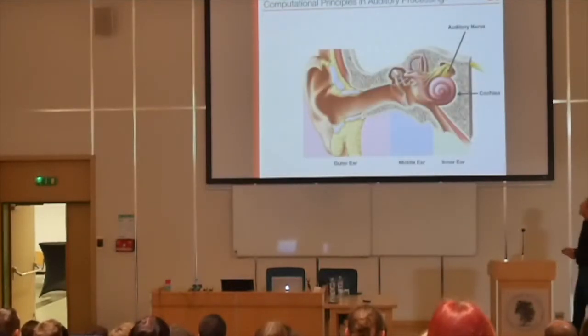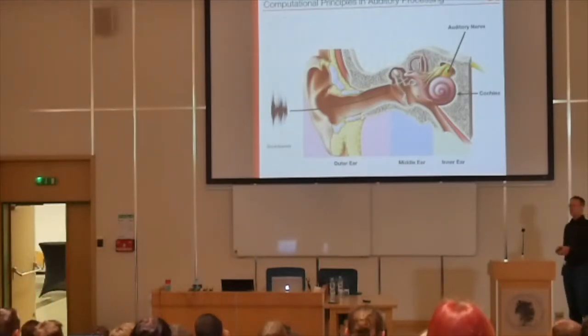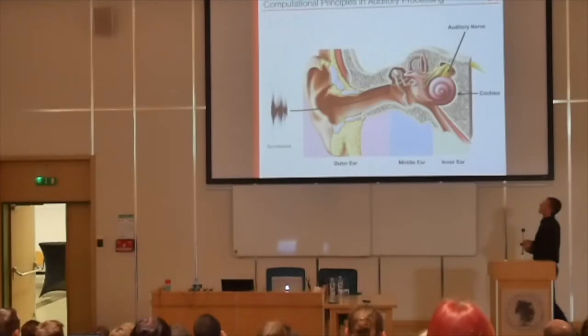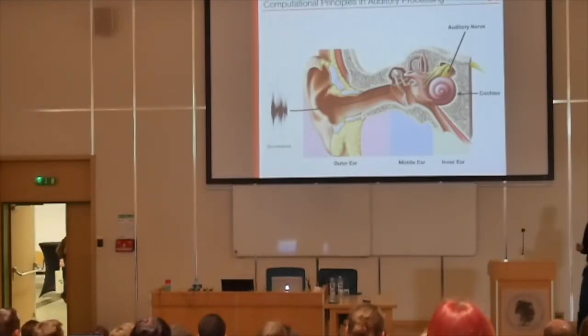Okay, so you of course all know this. Sound is entering the outer ear here, is then processed by the middle ear here, the tympanic membrane, and then enters the cochlea. The first time that this information is transferred to neural signals is here in the auditory nerve. So the auditory nerve is essentially a set of neurons and their axons that transduces the transformed information from the cochlea to the brain.